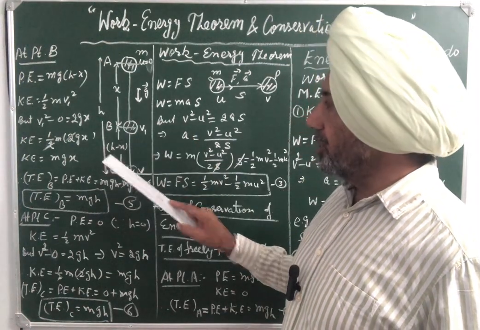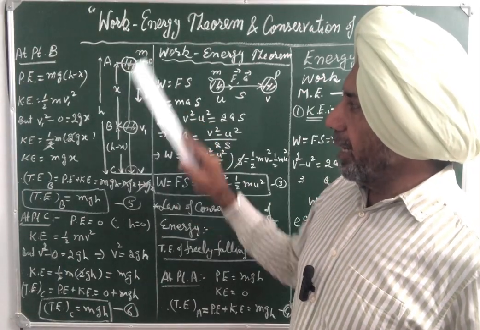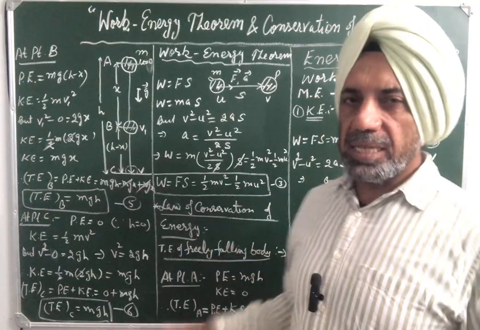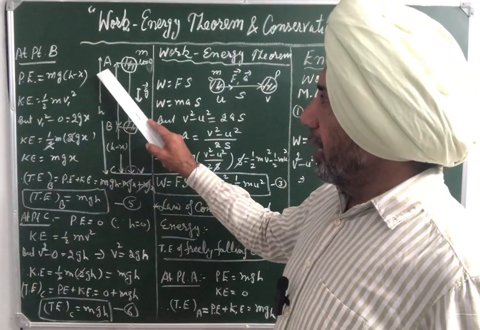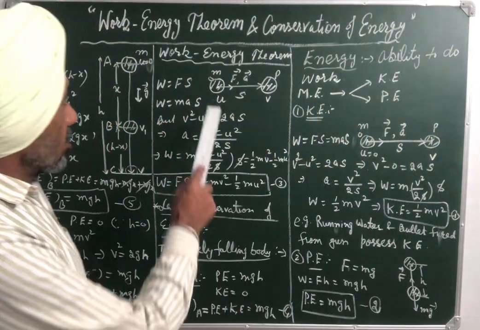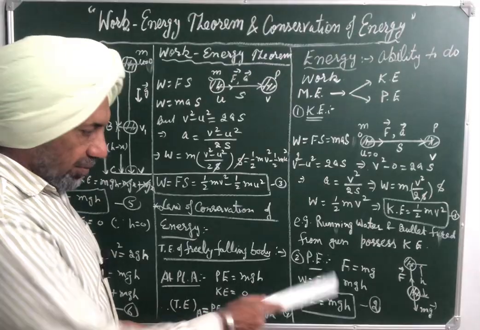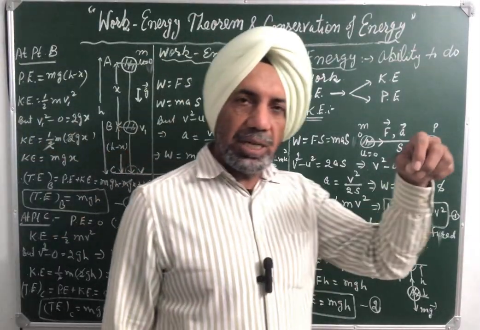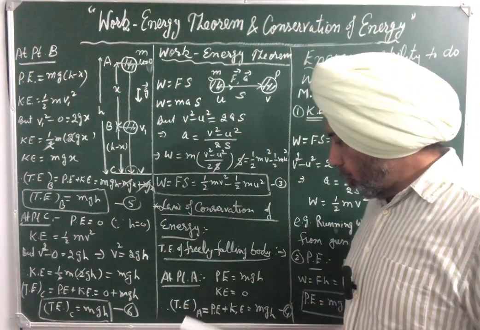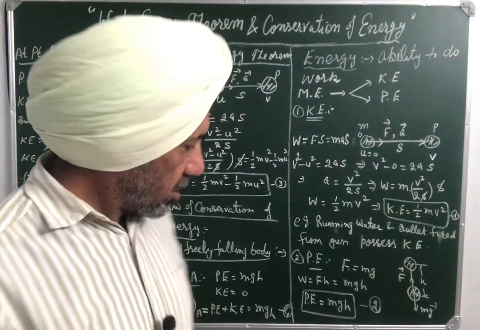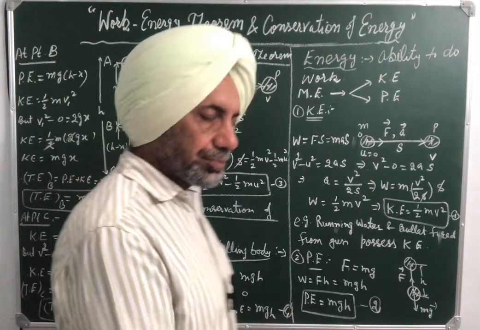Suppose h is the height, AC is equal to h. Now, we have to prove that if total energy at A, total energy at B and total energy at C are the same, then the law of conservation of energy is verified. For that, first of all, at point A, because it is free fall, initial velocity is 0. At A, potential energy will be mgh by definition, and kinetic energy will be 0 because the body is allowed to fall freely, so initial velocity is 0 at the top. Therefore, total energy is equal to kinetic energy plus potential energy, which is equal to mgh. So at A, total energy is mgh, say this is equation number 4.